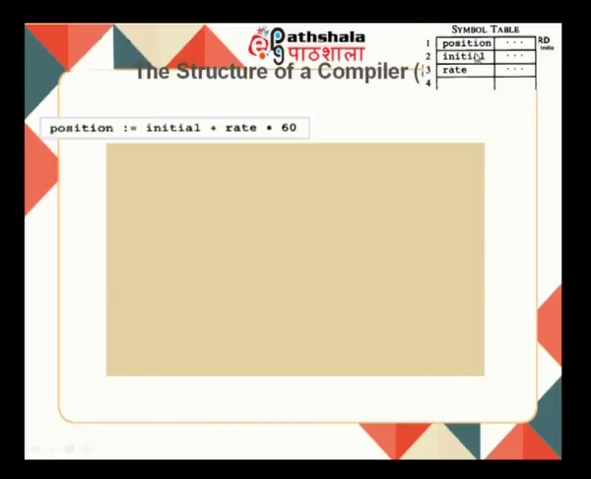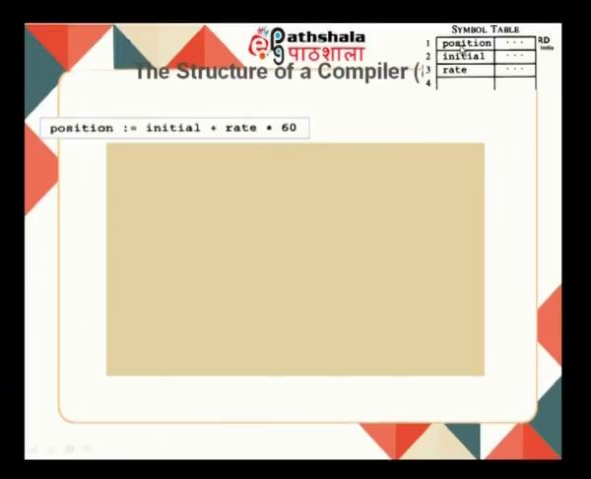The symbol table has simply got the variables position, initial, rate, etc., and their corresponding attributes will be populated later. I will also have the data type associated with each in the symbol table. Variable position is at location 1, variable initial is at location 2, variable rate is at location 3. This is the attribute which I referred to in the first module, where we said every lexeme will have a name and an attribute. So, name is position, attribute is going to be the position in the symbol table, which is going to be